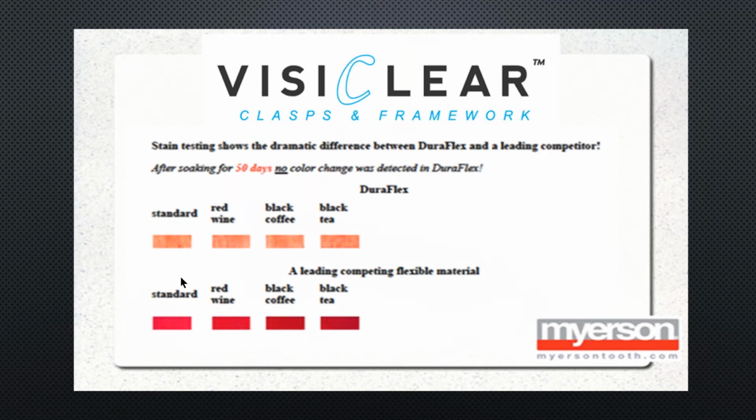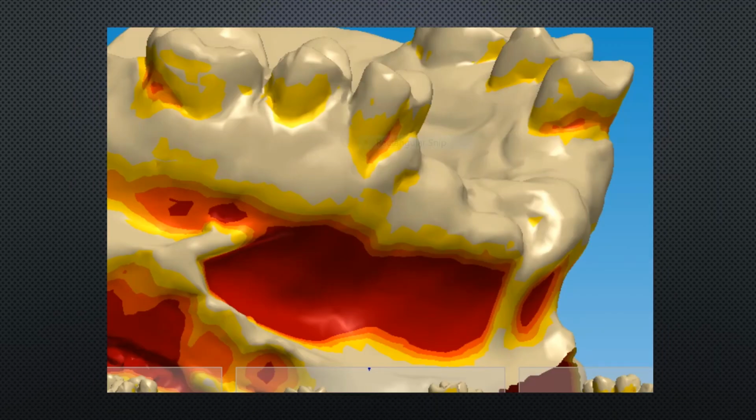And so, that's just a nice little baseline of what this material is. It's kind of cool when we first developed the VisiClear to be able to be injected. We figured we'd do clasps, maybe little unilaterals. It has a good bit of flexibility. But the cool thing about